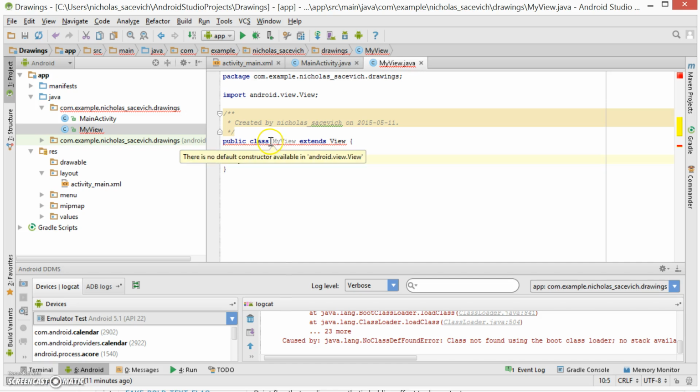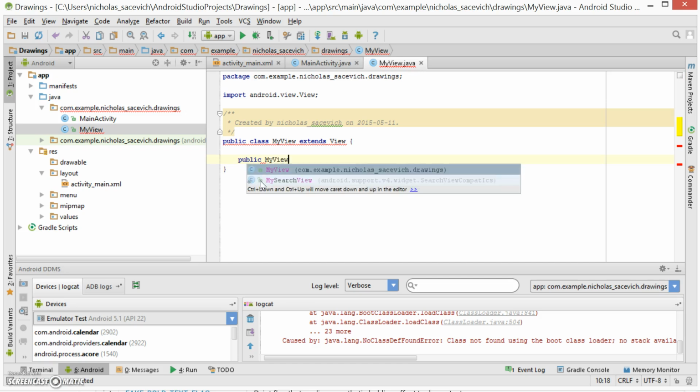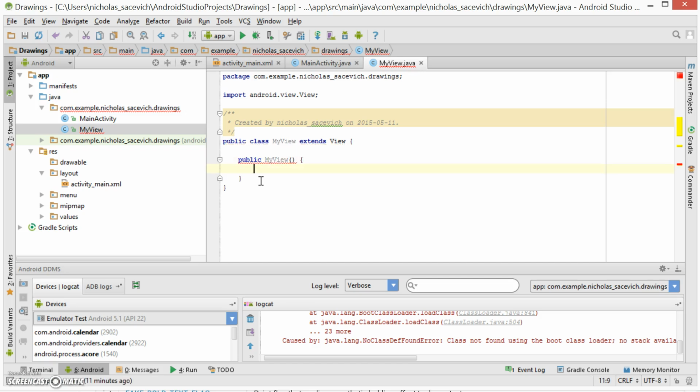Now, first problem, there's no default constructor available in Android view. What that means is whenever we create a new class, Java is assuming that there is a blank constructor that takes no arguments that can create this object for us. So when you're trying to create a myView, there should be a constructor that has nothing in it. That's what it's assuming. That's not the case. If you look at the Android API and look at the view class, the constructors for the view class all take something called a context. And I'm going to have to add the import for context,